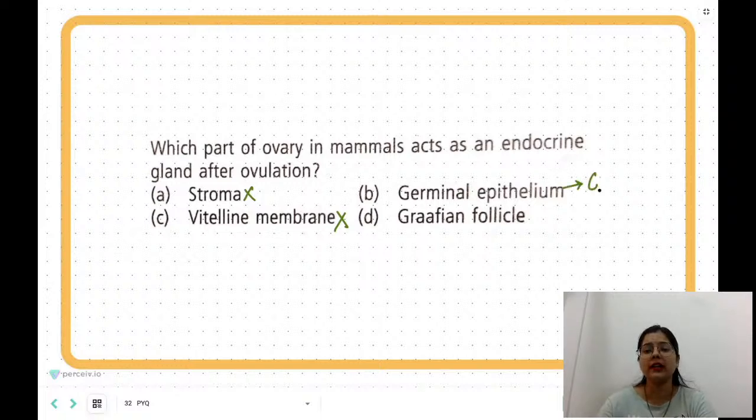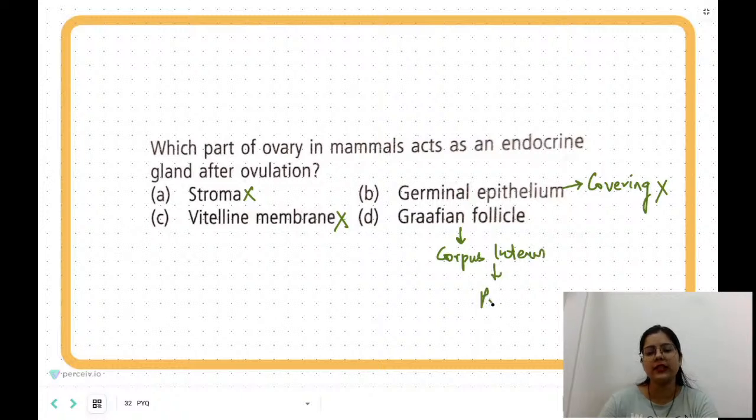जर्मिनल एपिथेलियम जो है ये कवरिंग है ओवरी का, तो क्योंकि ये कवरिंग है ओवरी का तो इससे कोई भी हार्मोन रिलीज नहीं होगा, इट वोंट एक्ट एज अ ग्लैंड। ग्राफियन फॉलिकल कर सकता है, क्योंकि जब रप्चरिंग हुई थी ग्राफियन फॉलिकल की, तो जो रिमेनिंग्स बनते हैं, जो मैंने आपको बताया, वो हो जाएगा आपका कॉर्पस ल्यूटियम। तो जब रिमेनिंग्स कॉर्पस ल्यूटियम बनाते हैं तो ये कॉर्पस ल्यूटियम जो हार्मोन रिलीज करेगा वो हो जाएगा क्या, प्रोजेस्टेरॉन। दैट हार्मोन इज अल्टीमेटली कॉल्ड प्रोजेस्टेरॉन। इसलिए हमारा जो ऑप्शन करेक्ट है वो हो जाएगा ऑप्शन डी, व्हिच इज द प्रेगनेंसी हार्मोन, ठीक है।